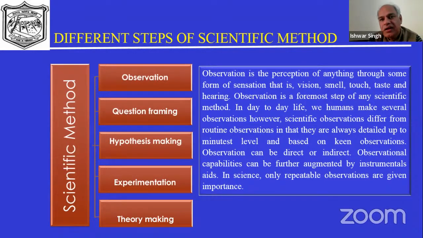So when we are making a scientific observation, as a part of that observation, we are observing the thing up to its minutest level. और वो तभी पॉसिबल है जब हम चीज को बहुत डिटेल में बहुत बार बार देखेंगे. So as a part of this scientific methodology or the development of this skill, you have to train your students